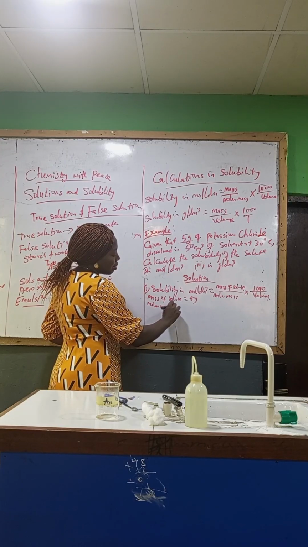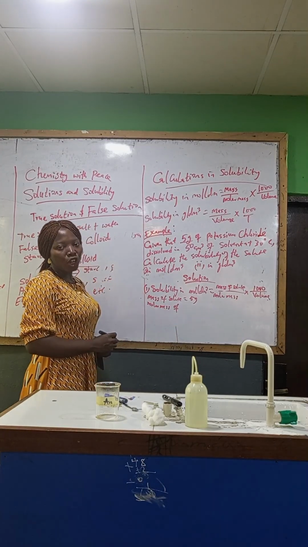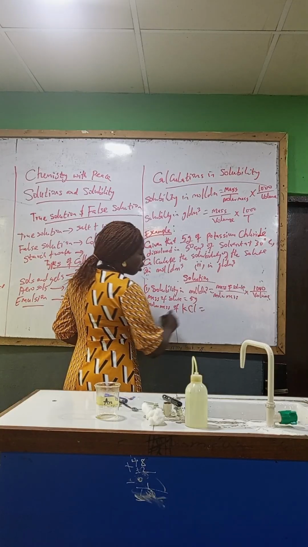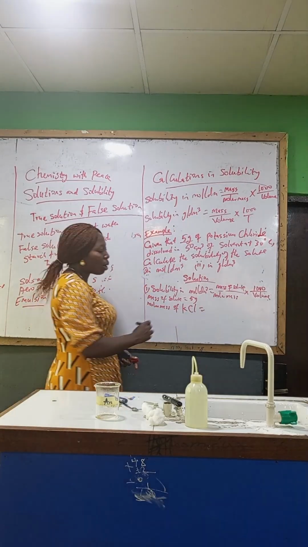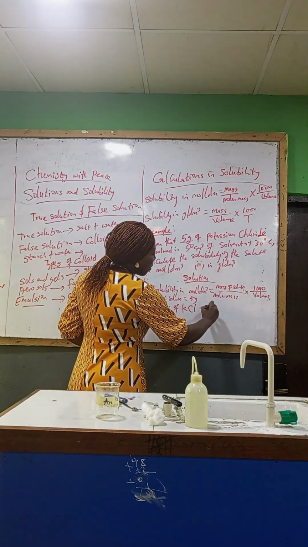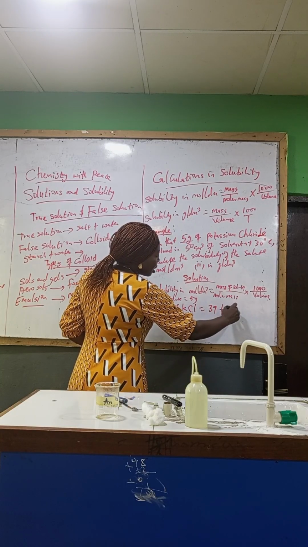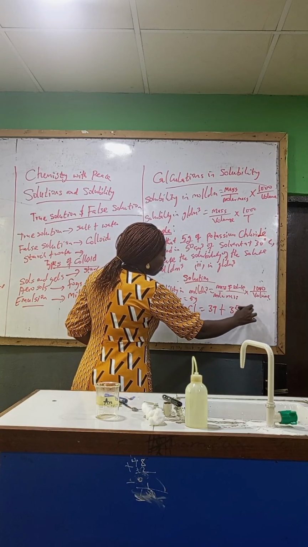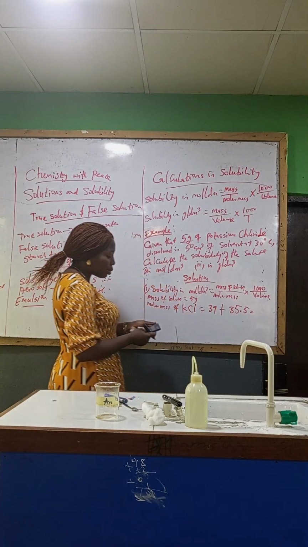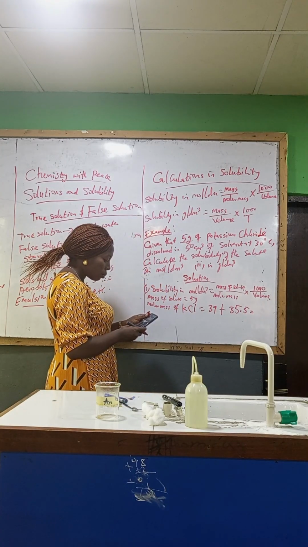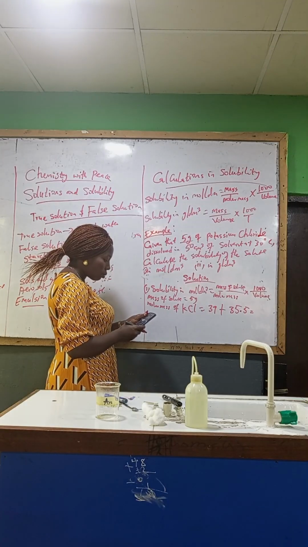Molar mass of potassium chloride. We are talking about potassium chloride. Let's find the molar mass of potassium chloride. Potassium is 39 plus chlorine is 35.5. So when you add them together, we are getting